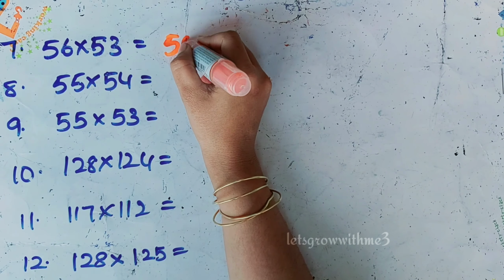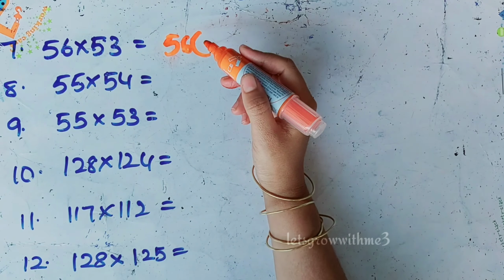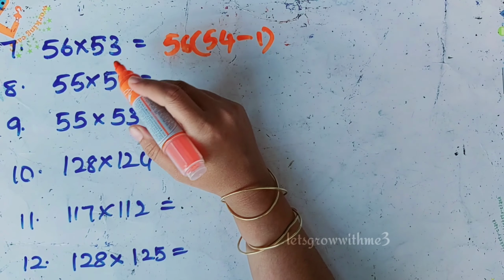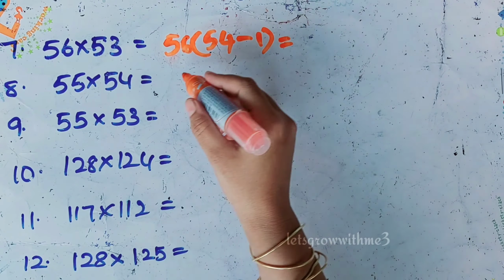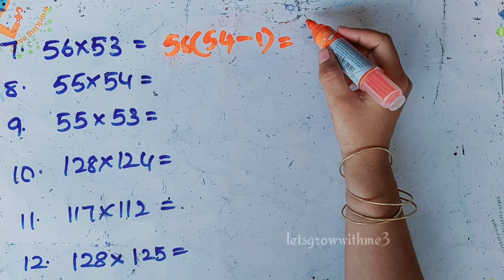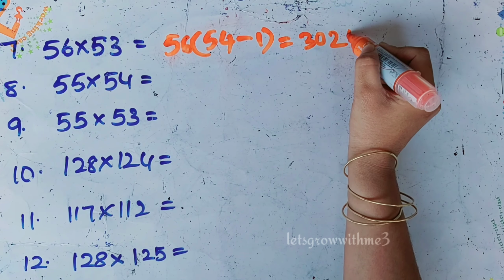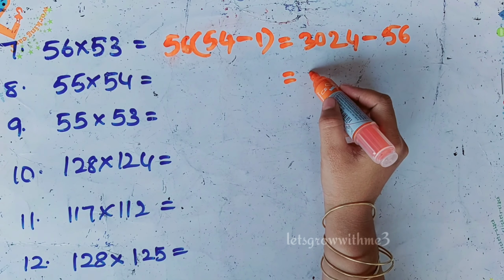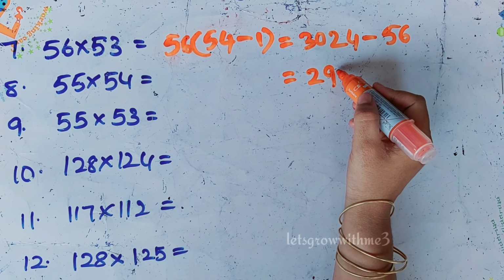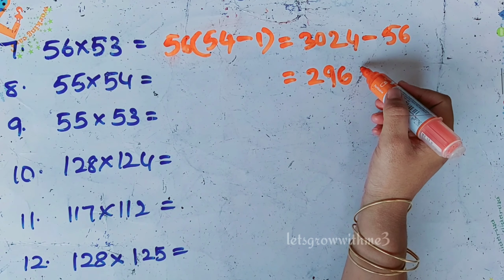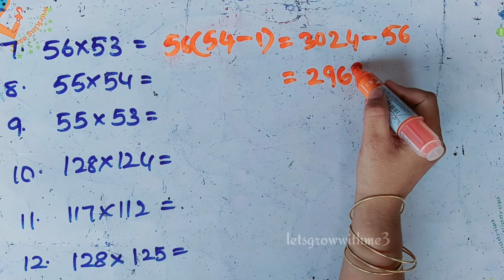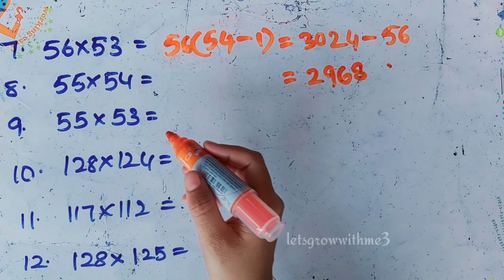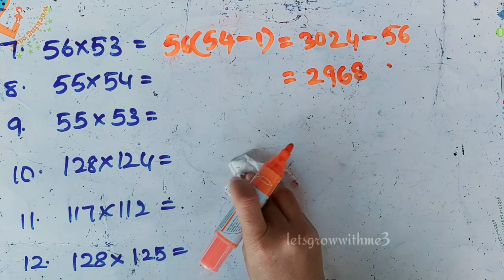So 56 times 53. So here I needed 4. So what I'm doing, again I'll do subtraction. 54 minus 1. So now it is in the form where we can apply our first formula. So 56 times 54 means 6 5s are 30, 6 4s are 24, minus 56. So the answer is 29. 2 plus 5 is 7, but we have a borrow combination, so 6. 4 plus 4 is 8. Okay, let's see the next example.